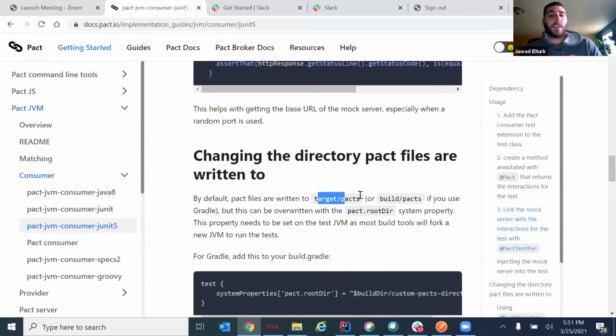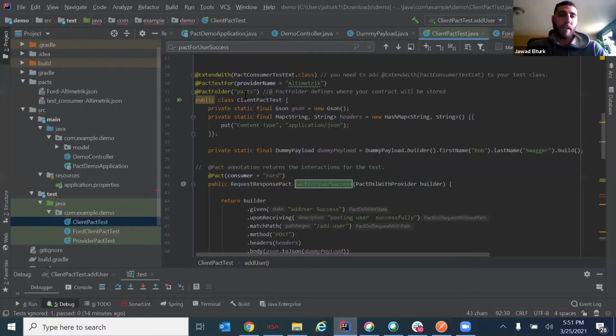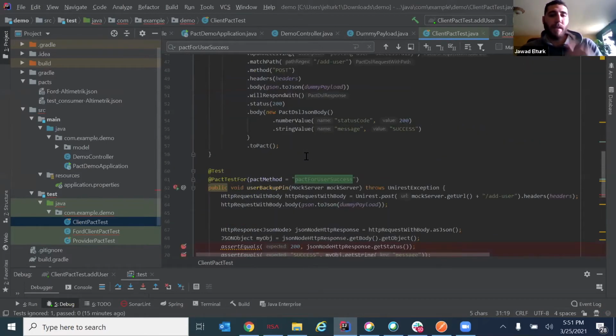Okay, either under target pacts or build pacts in case you are using Gradle. So here I want to actually put it in a folder called Pact in my main directory. So I did that. So you can see here it generated Pacts, and I'm going to run this later. I'm going to stay in this class just because it has the notes,